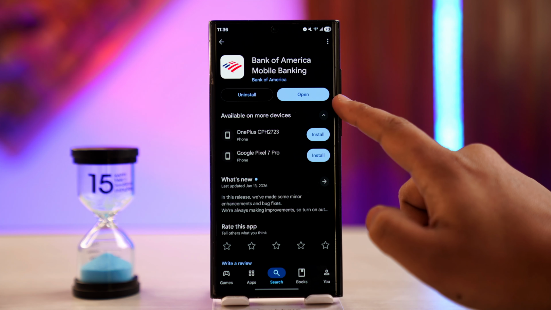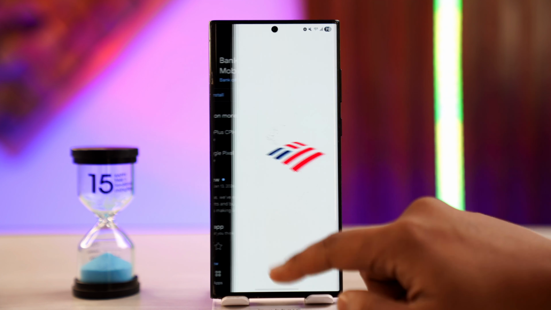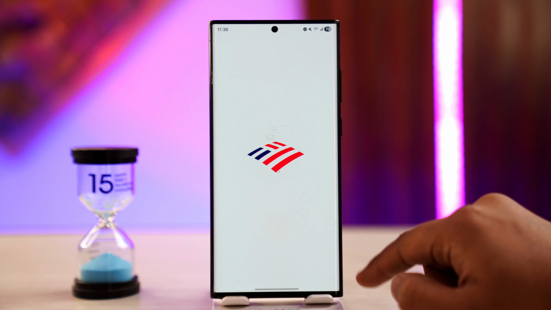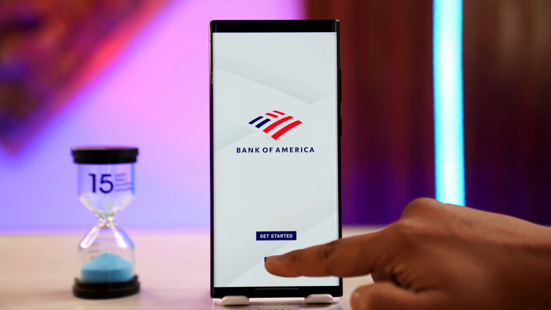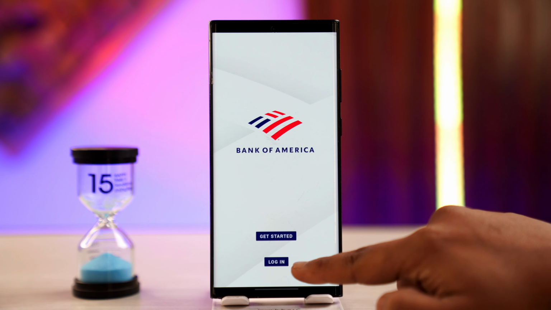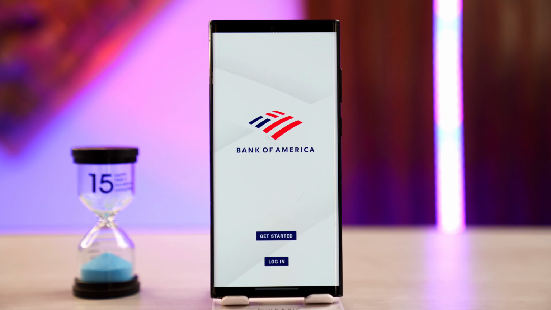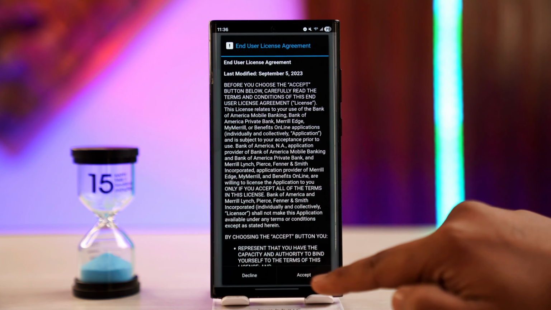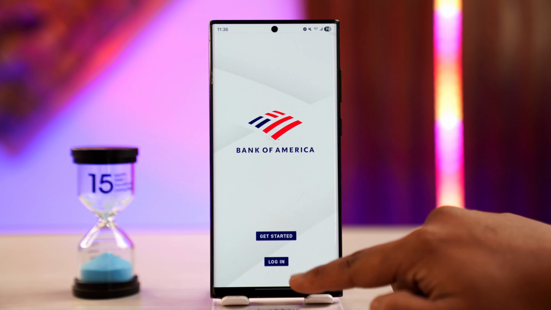So here you'll find the Bank of America app. Make sure to download it. Once done, launch the mobile app like this. Given that you're already registered for mobile banking, tap on the login button, which you can see from the very bottom of the screen. And just wait until this page has completed and accept the terms and conditions, then tap